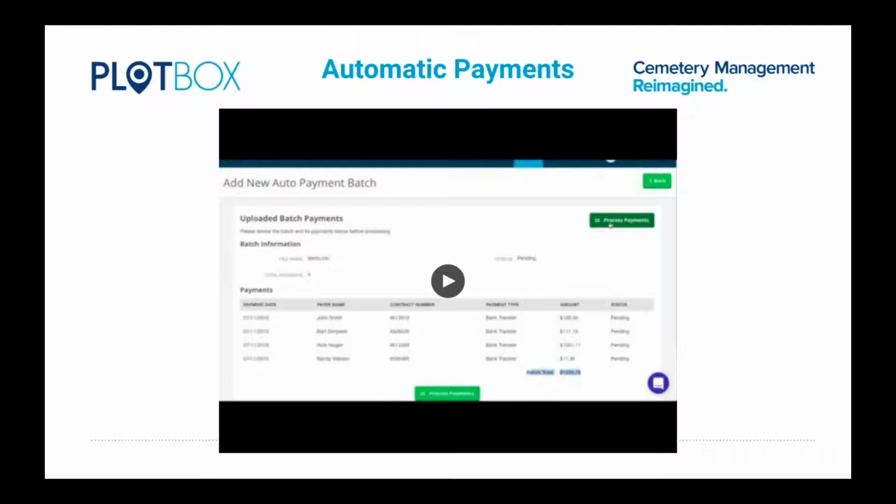One of the features that I really appreciate coming out of industry that PlotBox offers is the ability to offer automatic payment. I know I always had a number of families chat with us. Do you offer auto draft? Can you do an auto debit system? Can I set up payments for something that I'm doing rather than maybe having to contact the cemetery monthly or sending a check, coming in person, coming into the office? How can we streamline that? It was something that we weren't unfortunately able to do at the time, but PlotBox certainly can,